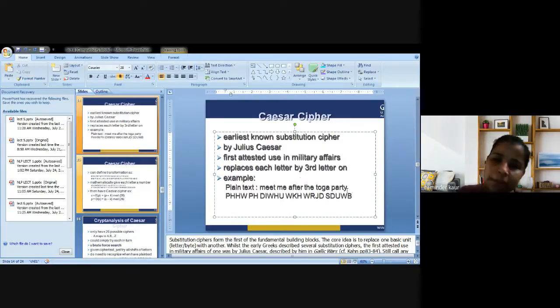So this will be my cipher text, deduced from this plain text by using three letters ahead in the alphabet. M is represented three letters ahead by P, and E is represented by H. In the same manner, all the characters will be replaced accordingly. This is the basic function of the Caesar cipher.